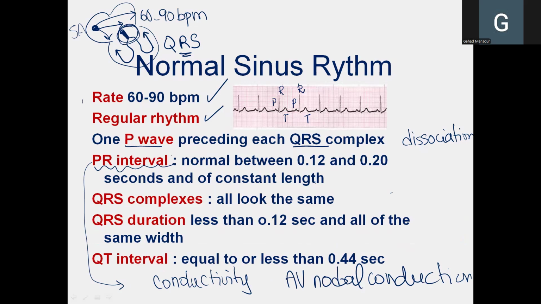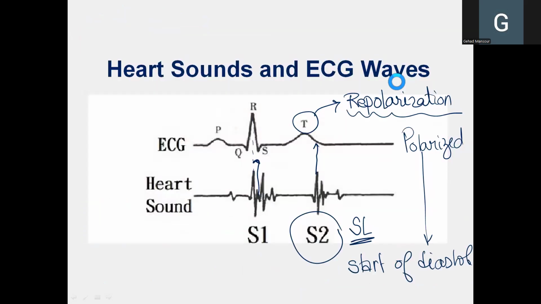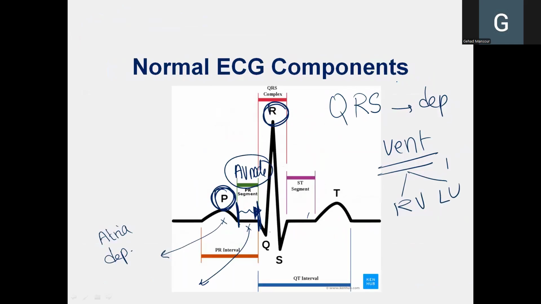The normal for the PR interval is that its duration should be between 0.12 seconds to 0.20 seconds. And it should be constant, meaning that, of course, here the PR interval is very small, but because the ECG strip image is small. But here, if you look here,